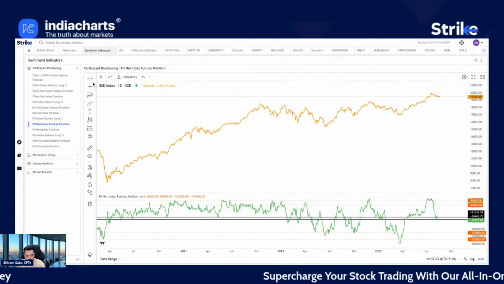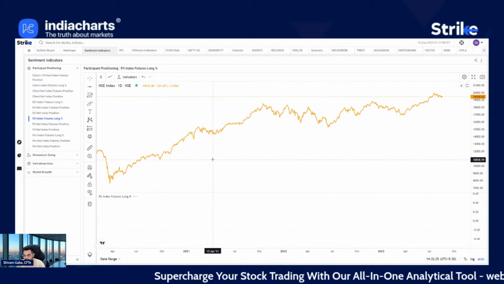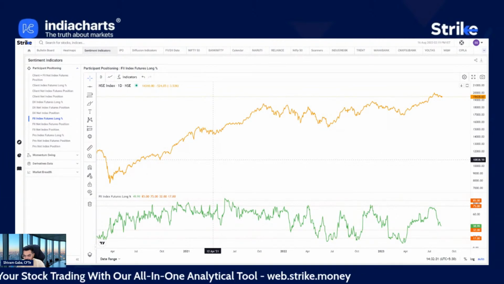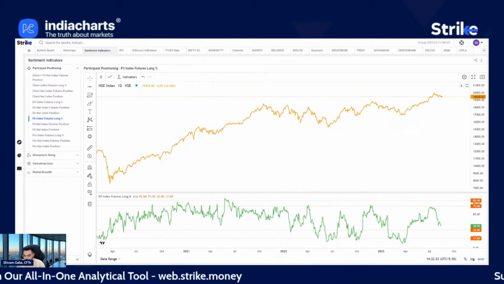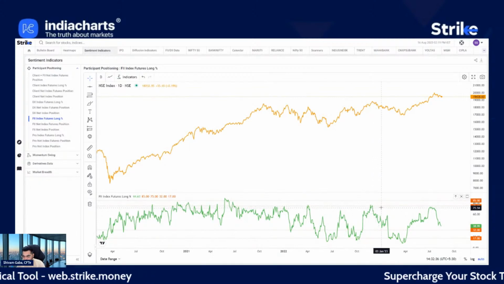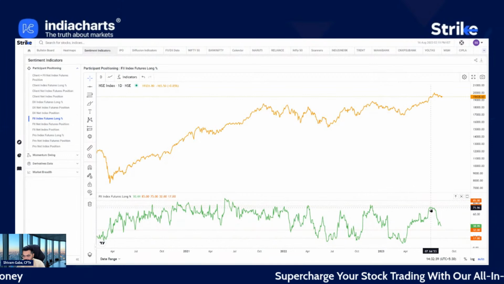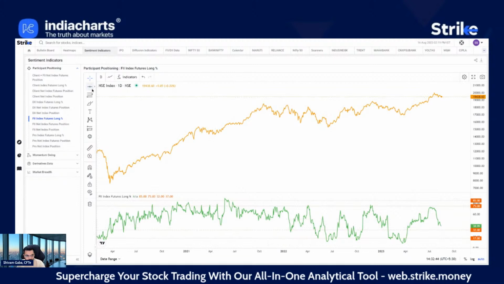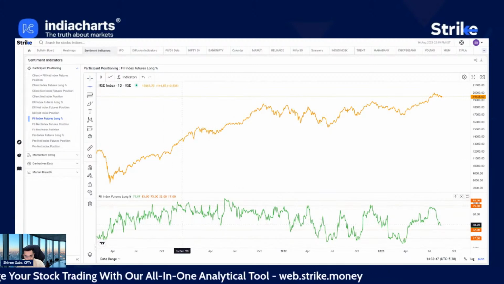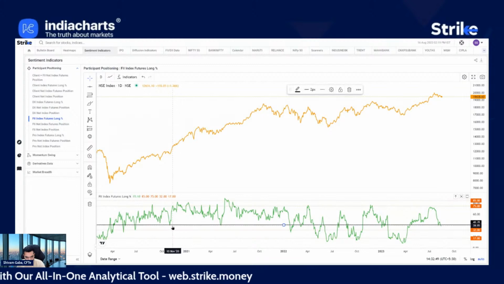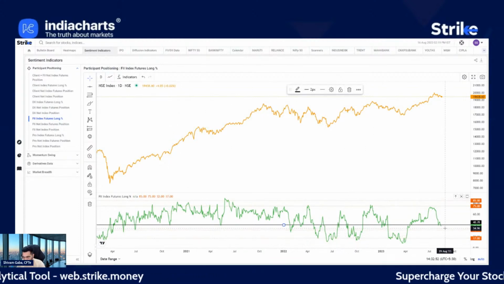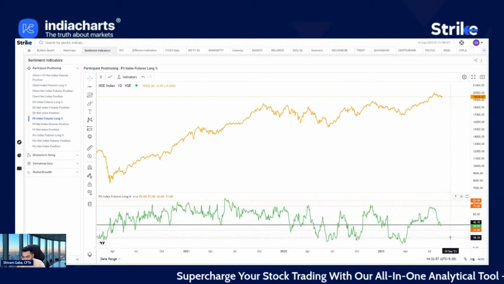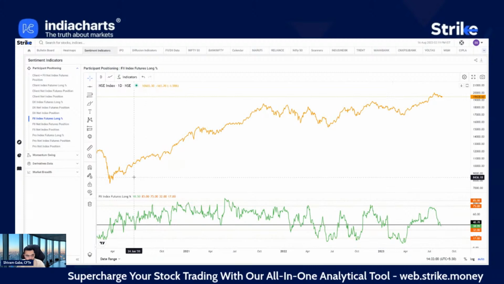Now, the same way, if we look at the percentage long, which means all the long contracts divided by the total number of positions, that gives us the percentage of FIIs long. So we can see that 75 to 85 is the zone from where they start reducing their longs and go back to very less short positions. The same pattern here, if we try to draw a line, it's around the 40 mark where it gets respected mostly during the larger trends, and from there we see a short term or a medium term bottom in the market.